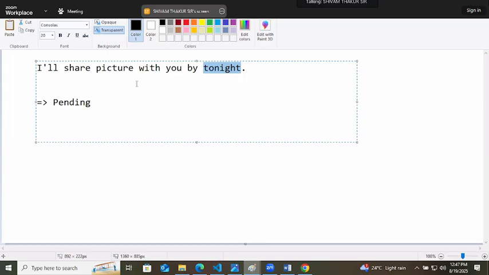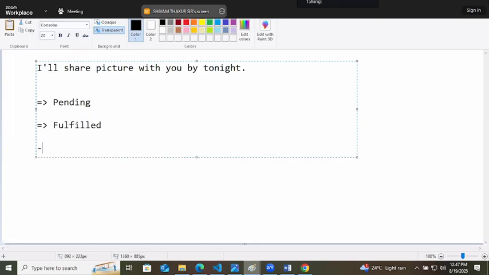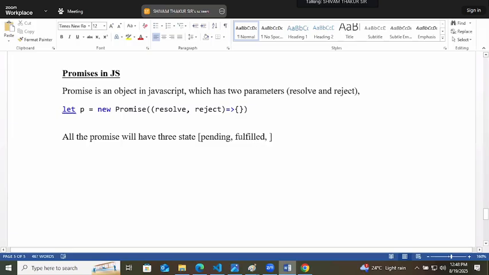We don't know what will happen. If you received the picture, the promise got fulfilled. But if they don't send the picture, the promise is rejected. So all promises have three states: pending, fulfilled, and rejected.